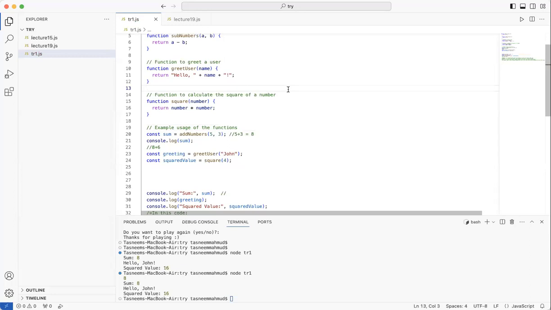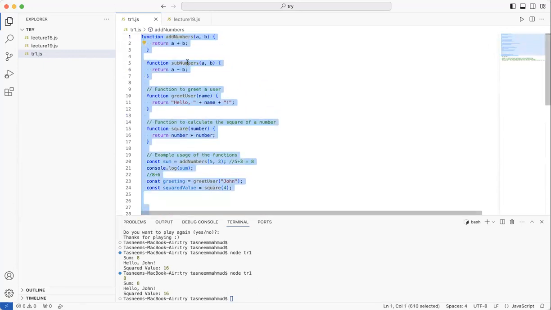Return. I didn't really understand your question, Habiba. So are you asking what it's gonna return or what return means? So I assume you're asking for what return means. Just give me 1 second. For now, I'll just copy and paste the whole code in your chat box, okay? Since I'm doing the lecture right now. Here you go.